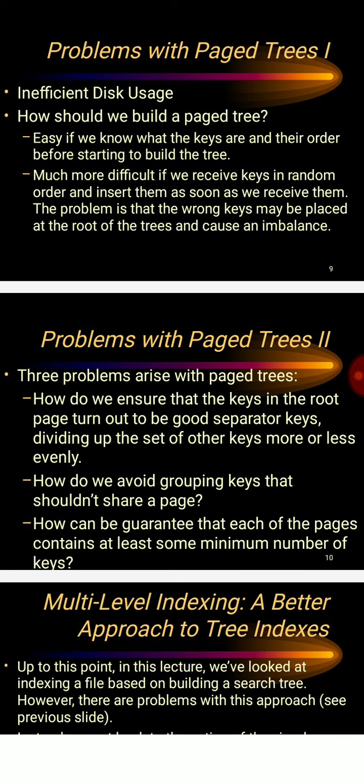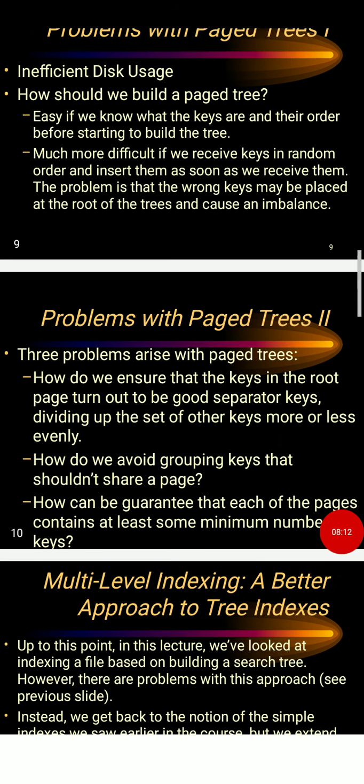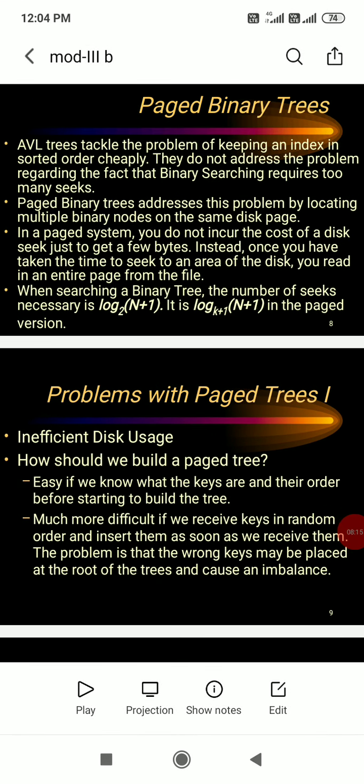Okay, so we have seen the concepts of both the AVL tree and the paged binary tree. We have seen two concepts here. As the indexing size increases, we move from primary to secondary storage. When we store the index on secondary storage, then searching should be faster, and adding and deletion should not cause an effect. To maintain it, we go with the concept of a balanced tree for indexing. So the tree should be completely balanced, and it should not have a large number of seeks. That will be solved by using the concepts of the AVL tree and the paged binary tree.